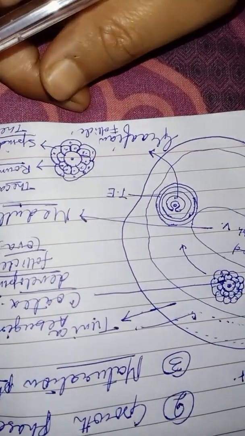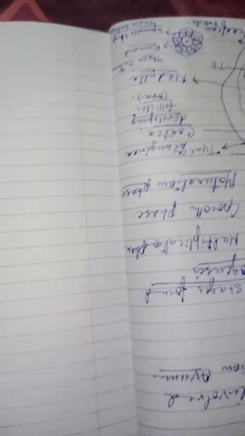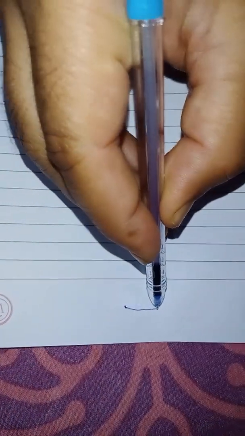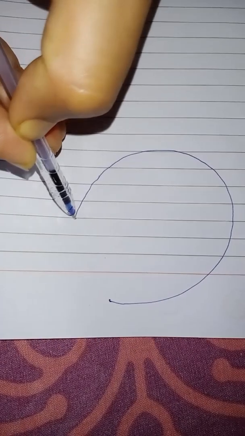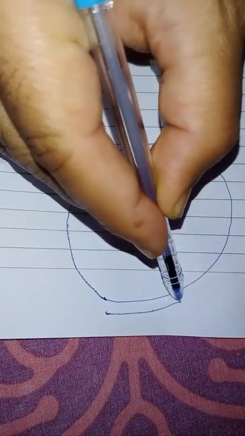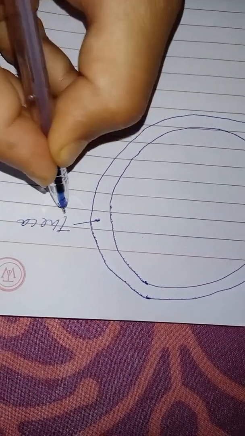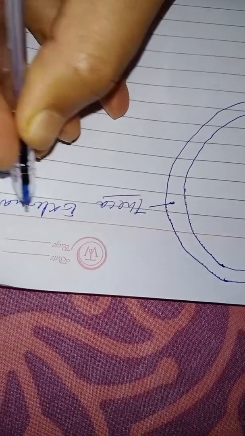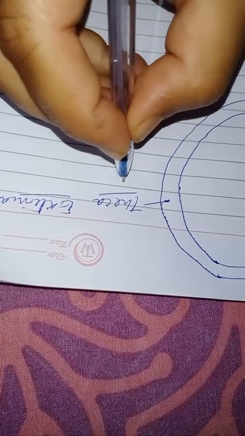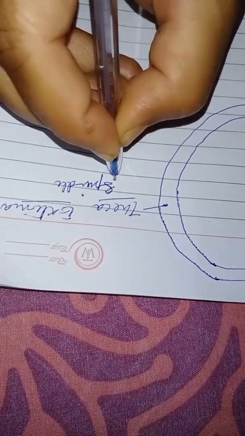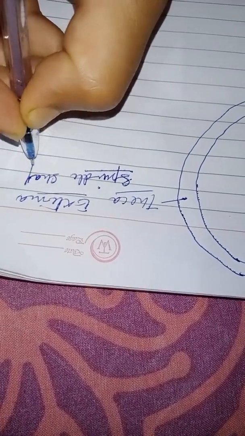So let us know the structure of the Graafian follicle, because it will give you more knowledge about how the cell develops, how the ovum develops. The Graafian follicle, I would start drawing from the outer side. It consists of the outermost layer of cells, which, as I already told you, are spindle shaped. This is theca externa. Theca externa consists of spindle shaped cells,